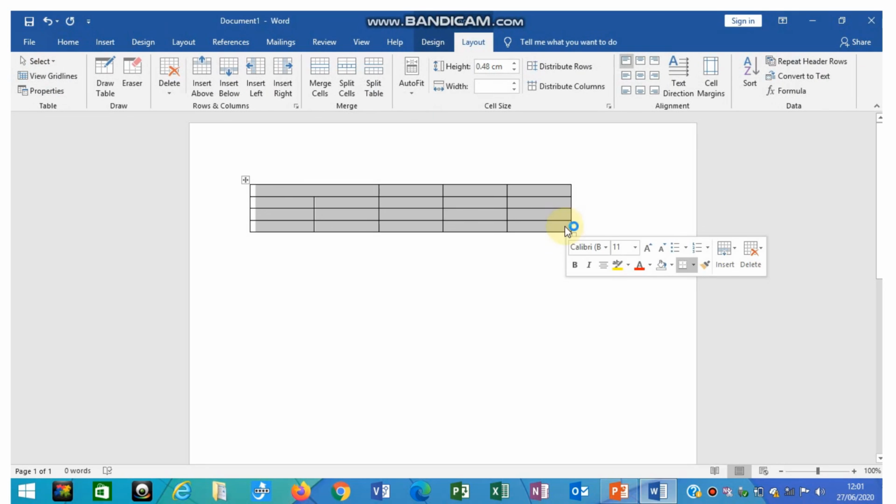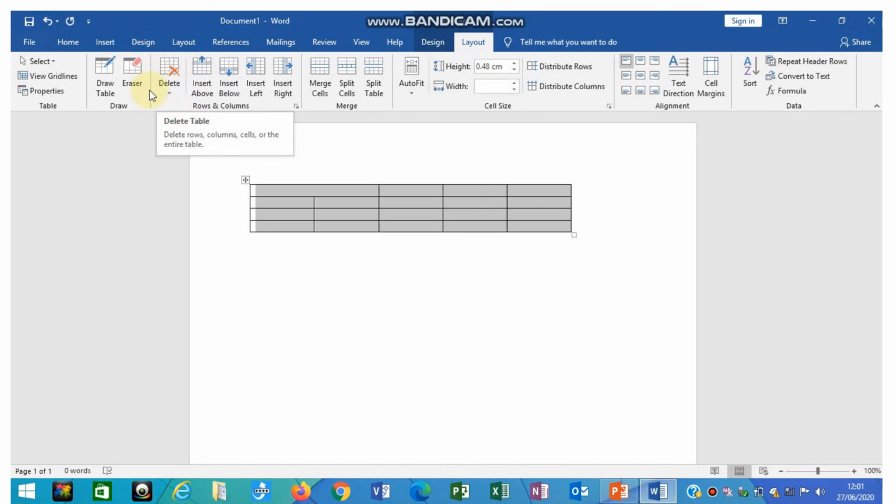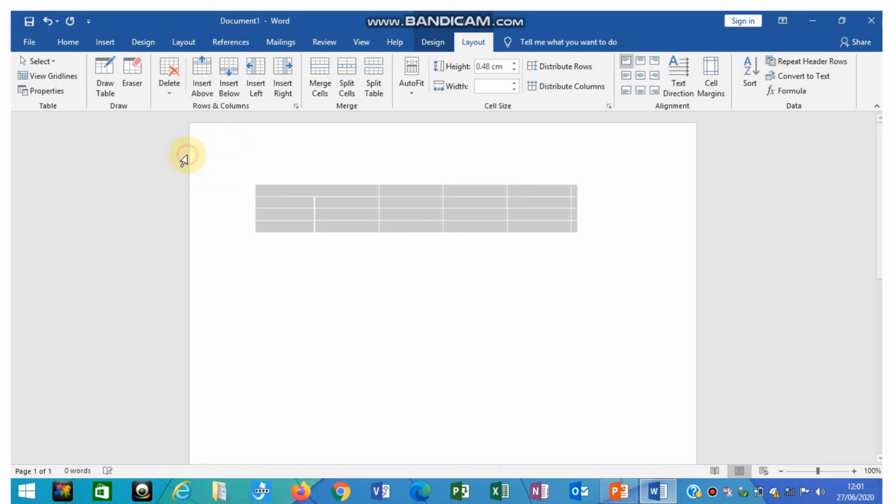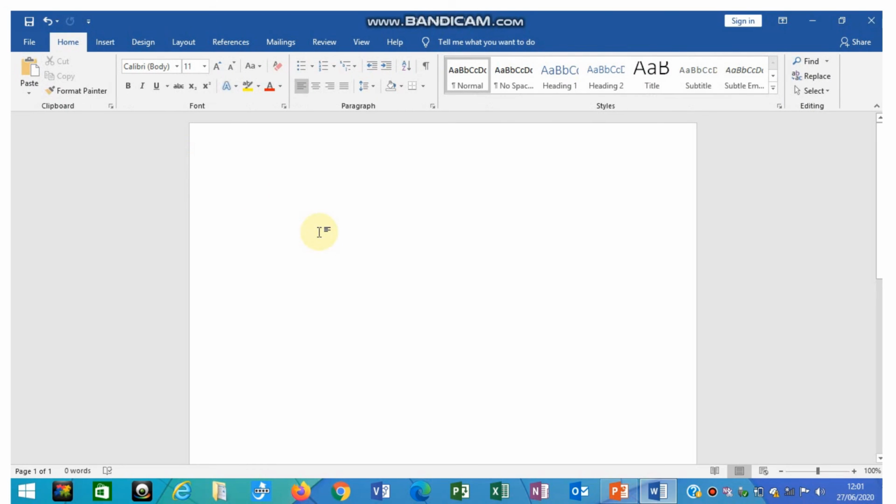Okay, after selecting the whole table, under the same table tools tab, under that layout tab, click on this delete option, and under this delete option you need to select delete table. Okay, if you click on that delete table, your whole table has been deleted.